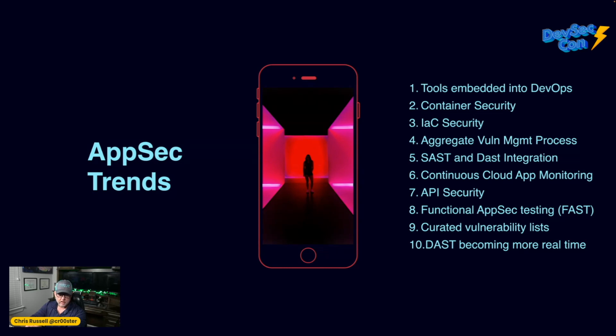You want to aggregate the vulnerability management process. Again, there are scanners and different types of vulnerability management tools. It seems like you might have to have 2 or 3 to cover all aspects of it. That's starting to get consolidated, and that's a good sign for the overall process. SAST and DAST integration, again, these used to be not very great tools in the last 10 years. Now they're becoming amazing, and now they're starting to get integrated and do more than just one piece of the pie.